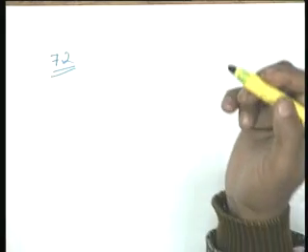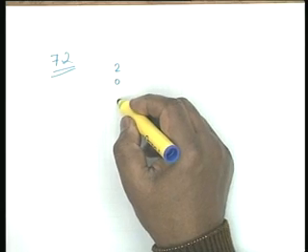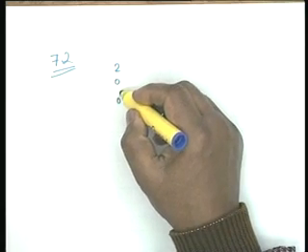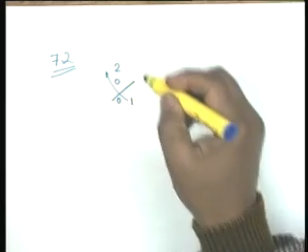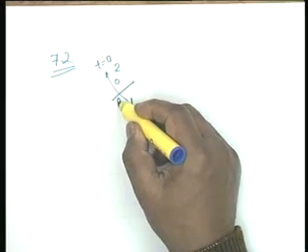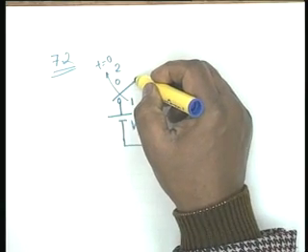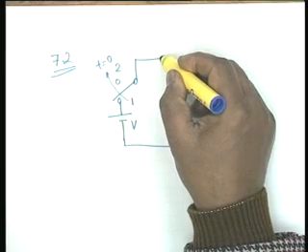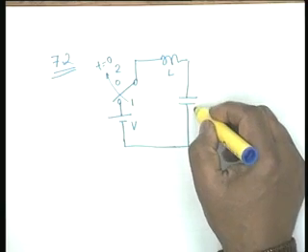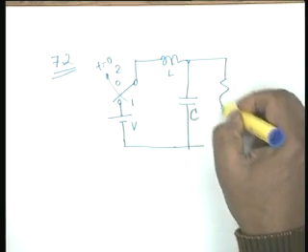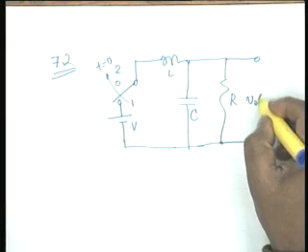and the problem is this: the circuit consists of a switch which has two positions, and it is thrown from position 1 to position 2 at t equal to 0. There is a battery of voltage V, and the switch has an inductance L, a capacitance C, and a resistance R. The response is the voltage across this, V0(t),